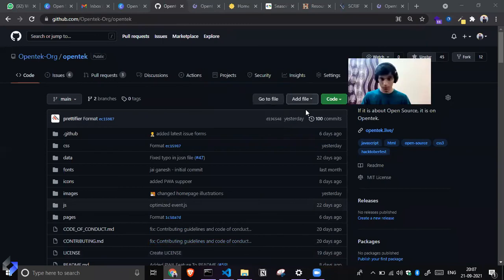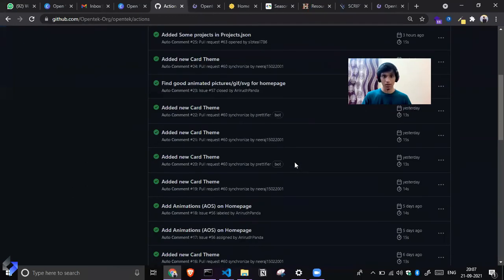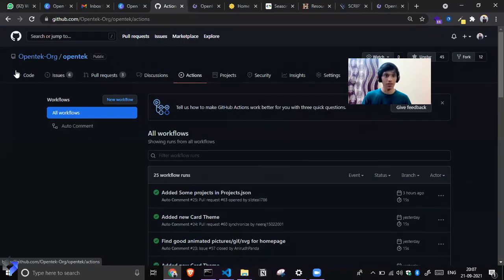It would be great if we have a session on the bots that you were talking about. Yeah, GitHub Actions, right? Sure, we'll have one on GitHub Actions. I have configured something here, so this is how GitHub Actions work.